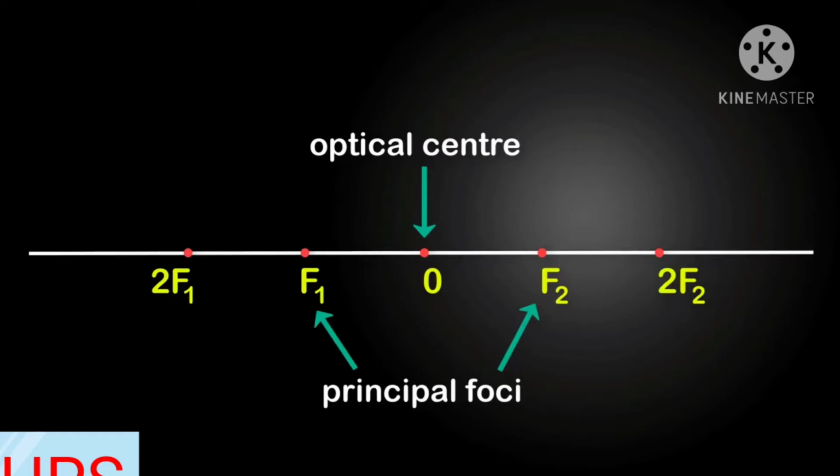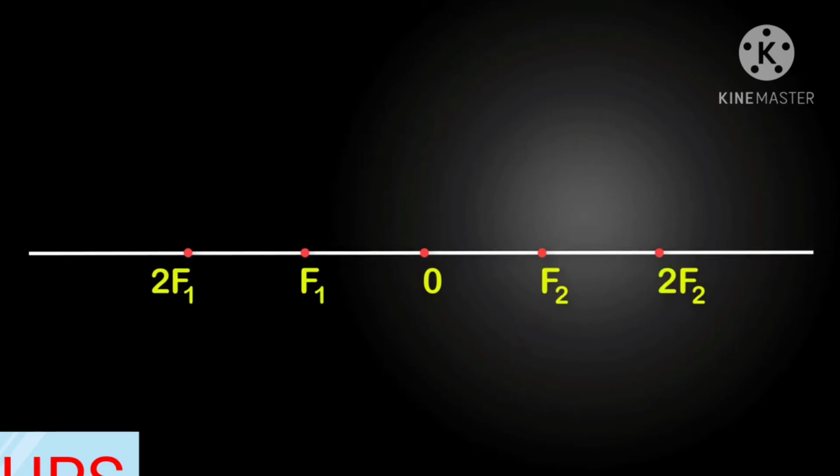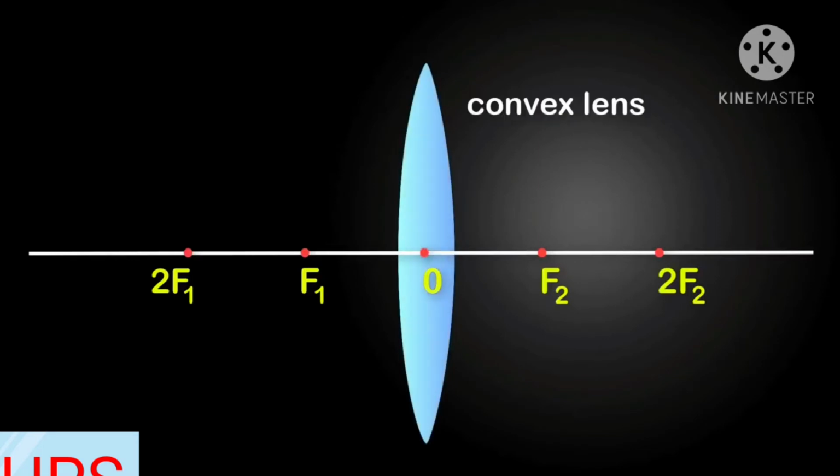Now draw the convex lens. You can roughly sketch the lens or use a compass to draw the two arcs of the convex lens. Make sure that the lens is thin. Do not draw a thick lens. Now let's take a look at the rules for image formation of a convex lens.